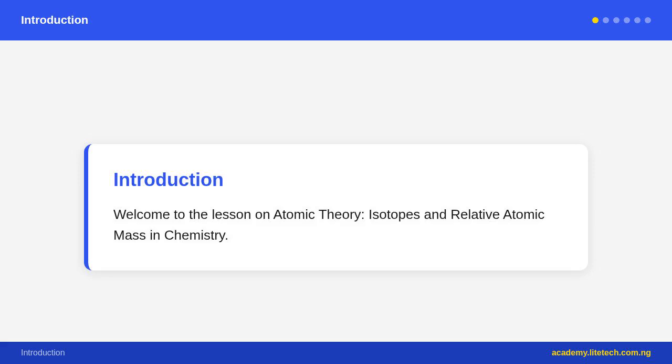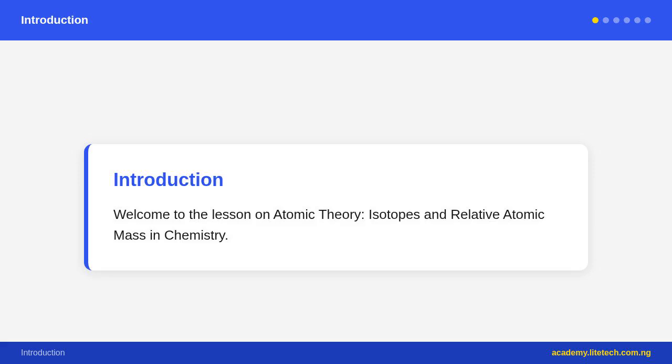Let us begin. John Dalton, 1803, proposed that all matter consists of indivisible atoms. Atoms of the same element are identical. Atoms combine in simple whole number ratios to form compounds. Dalton's model was a solid, indivisible sphere. J. J. Thomson, 1897, discovered the electron using cathode ray tubes. Electrons are negatively charged and much lighter than the atom. He proposed the plum pudding model, a positively charged sphere with electrons